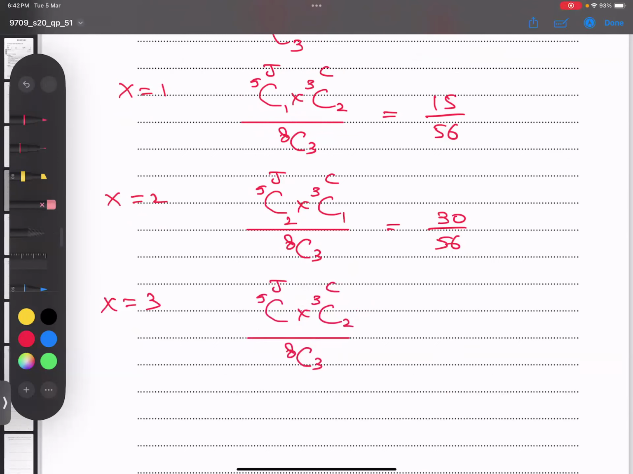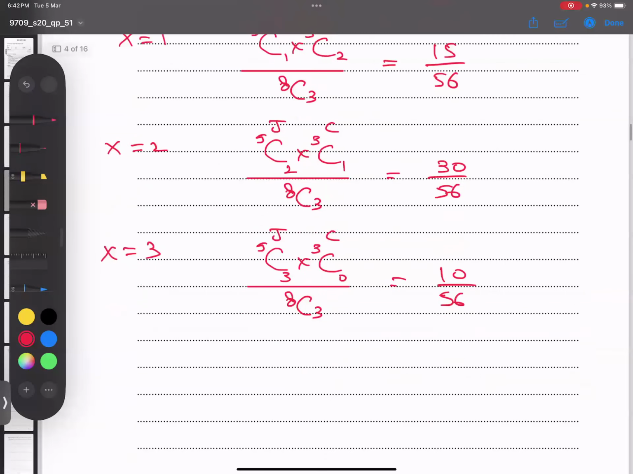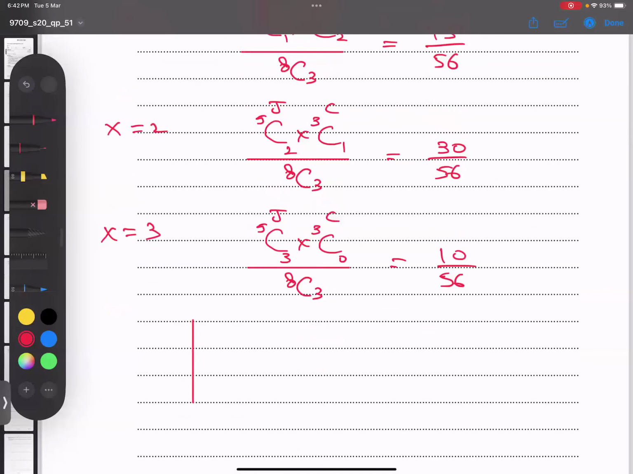But the only thing is, because 3 jellies are there, I write 3, and 0 chocolate, because ultimately we have to bring out 3 sweets. Okay, 5C3, if you know it, you can type it, it's coming 10. So 10 out of 56. And now the interesting part, if I make it in table format,